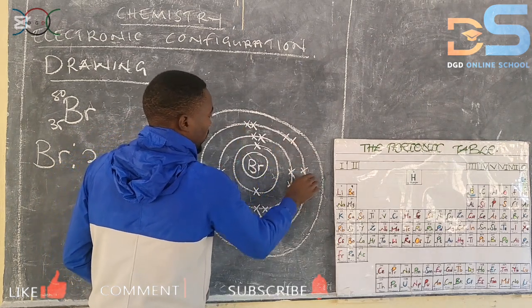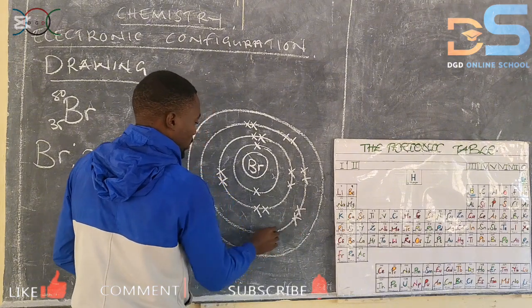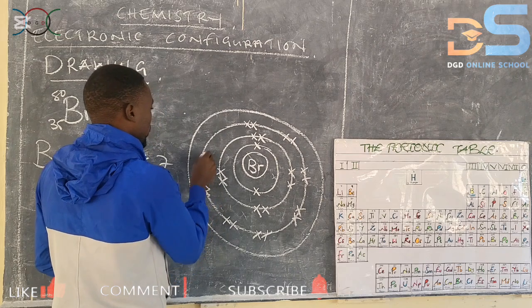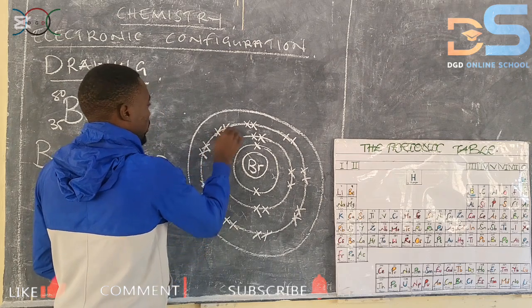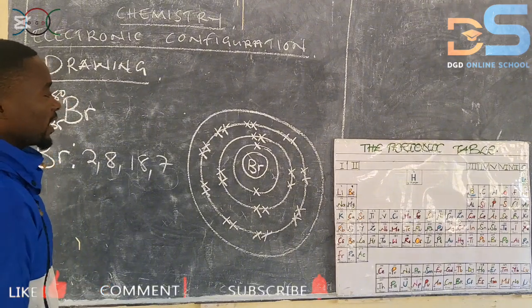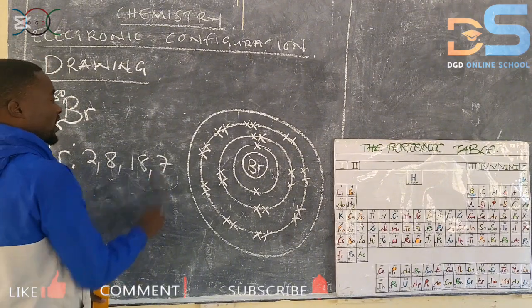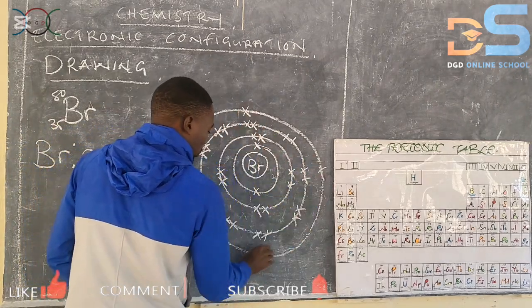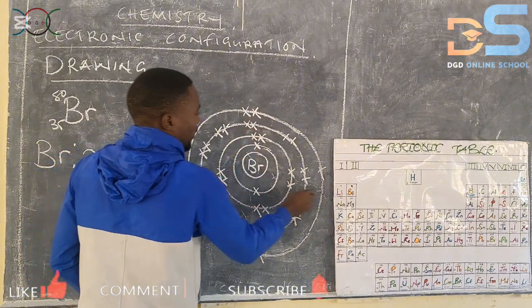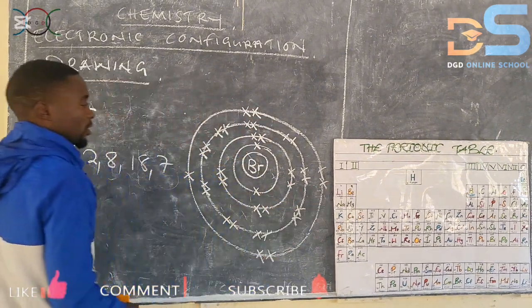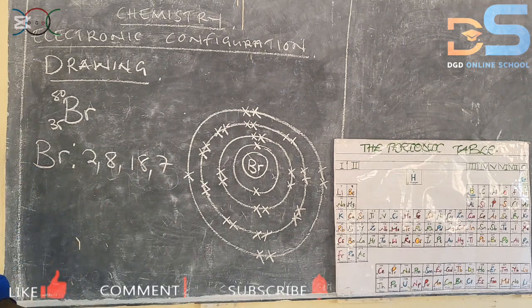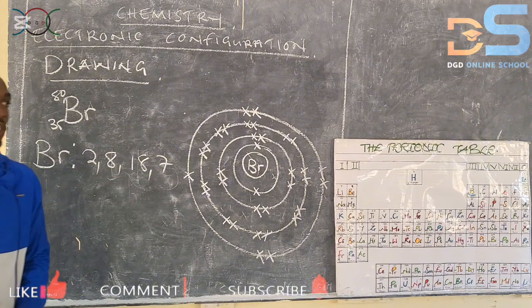3, 4, 5, 6, 7, 8, 9, 10, 11, 12, 13, 14, 15, 16, 17, 18. Those are the electrons in the third shell. Then in the last shell we have 7 electrons, so we have 1, 2, 3, 4, 5, 6, 7. So basically that's how electrons are distributed in one atom of what? Bromine. So basically this is how you draw the electronic structure of